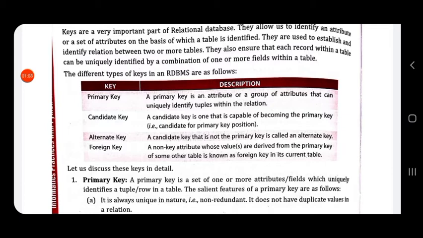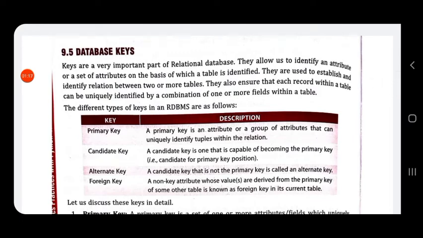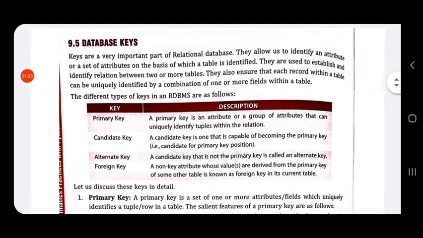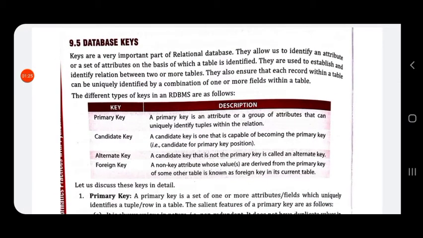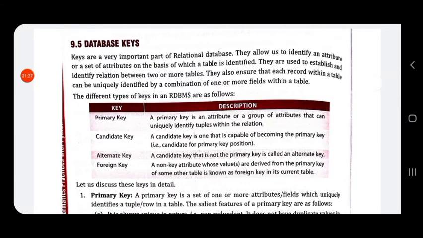So in a relational database, to identify a record or a tuple, we use keys, that is, an attribute or set of attributes on the basis of which a table is identified.